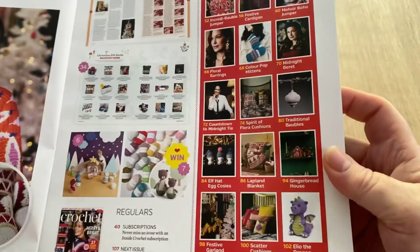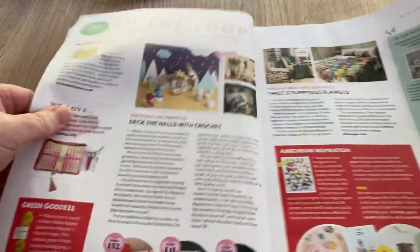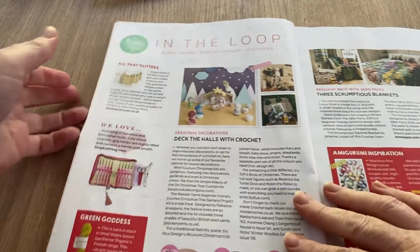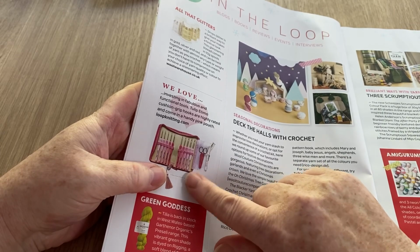So there we've got the patterns there. They're a bit small, those thumbnails, though. I don't like to look at them too much. Okay, so in the loop, we've got this set, funny enough. I do sell a very similar one